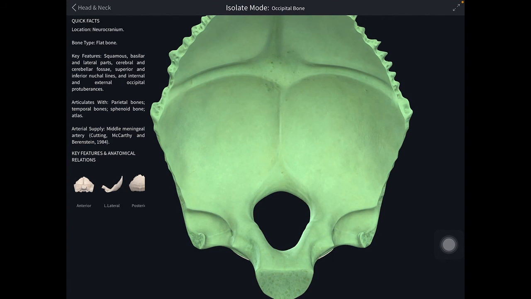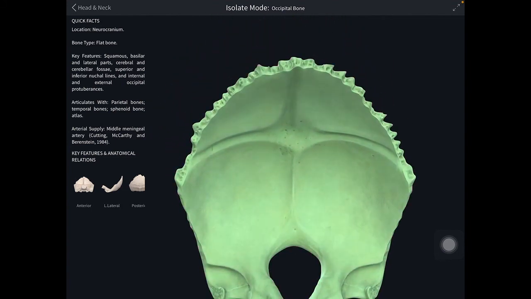How to keep this occipital bone in anatomical position? Keeping the foramen magnum in horizontal plane, the basilar part is directed upward and forward. So that's the way to keep the occipital bone in the anatomical position. Now we will see about the parts in detail. First we will start with the squamous part.